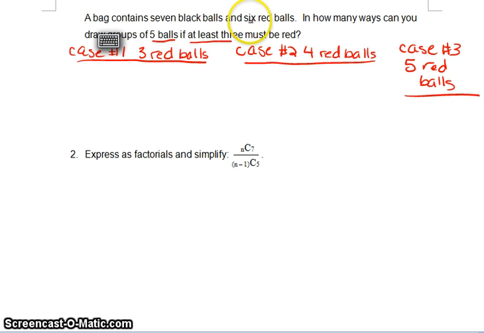So I guess one thing is to check, first of all, how many balls can you have in a group, and then make sure that you have enough red balls to fit all those cases. So here we have 6, we have enough to meet all of these cases, so that's great. So let's start with case number 1. So this is when we have 3 red,